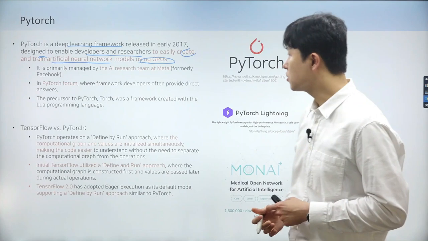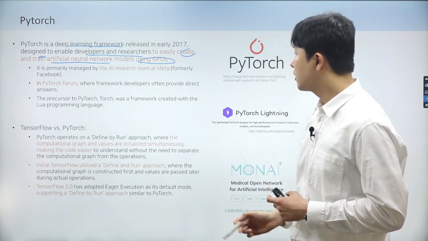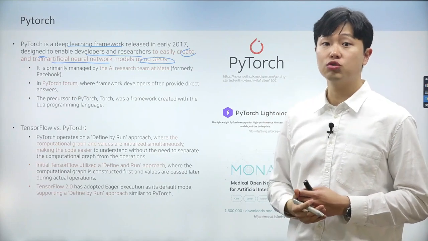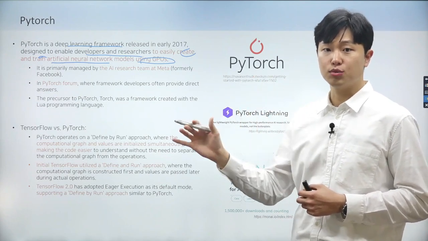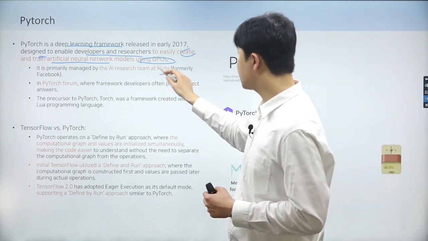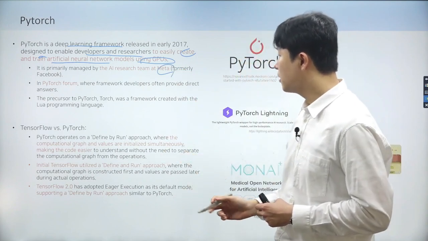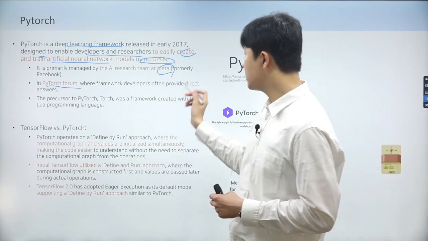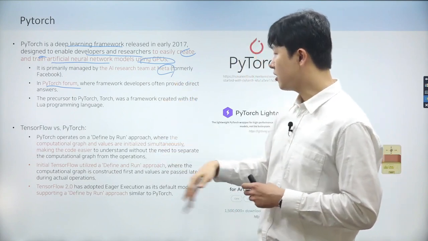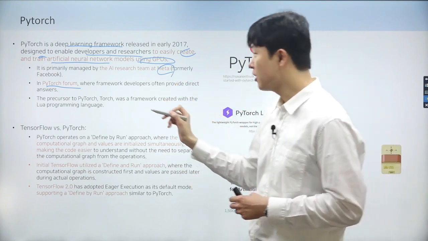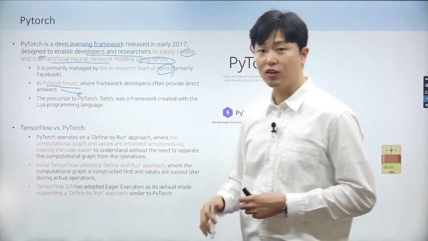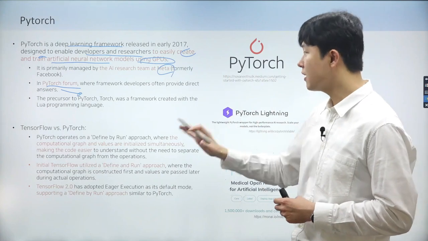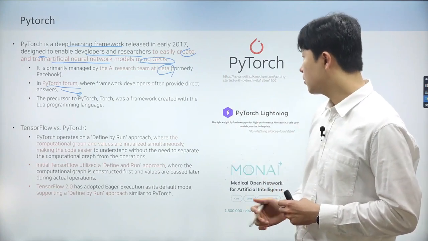Google's extensive support has enabled continuous enhancements and community-driven expansions. As we discussed before, TensorFlow and Keras were developed by Google, and PyTorch is primarily managed by the AI research team at Facebook, or Meta. There's a thing called a PyTorch forum, where the framework developers from Meta often provide direct answers to questions asked by users. In this day and age, we can initially pose our questions to ChatGPT and conduct a deeper search